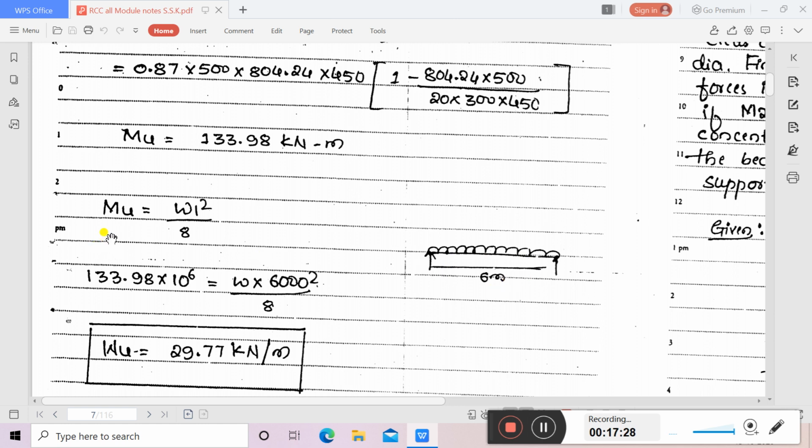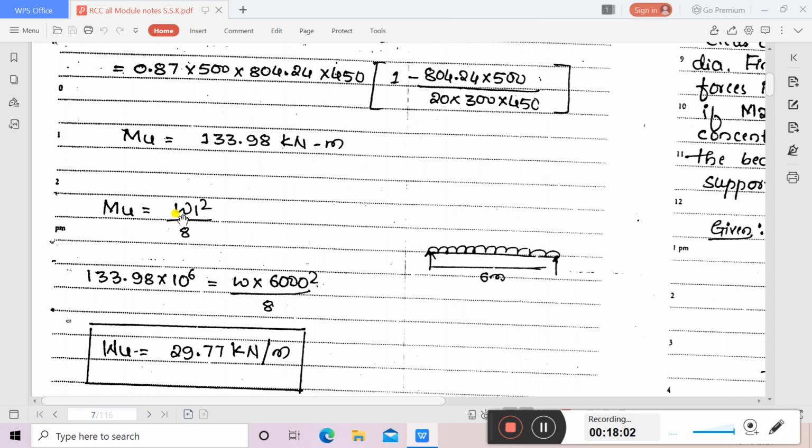Okay, so here Mu is equal to Wu into L effective square. Actually it is WL square by 8, the general equation which you have studied in your previous semesters, right? Whereas here I'll be writing it as Wu, ultimate, because I am taking ultimate moments. Obviously the load will also be ultimate. Ultimate means it is with the factor of safety. I think we have discussed the factor of safety, that is 1.5 to be taken for loads.